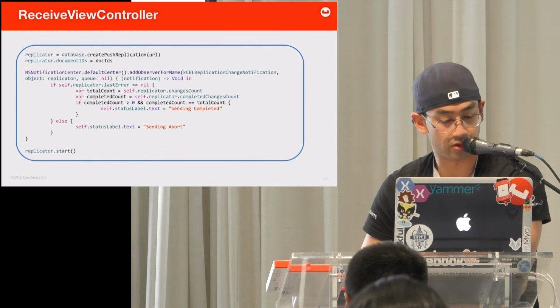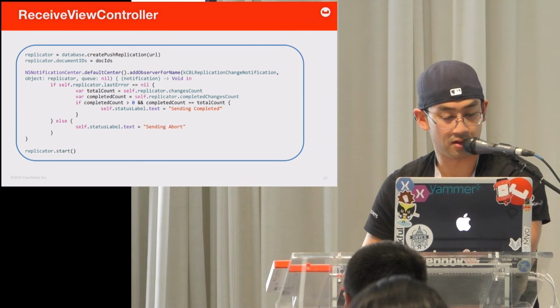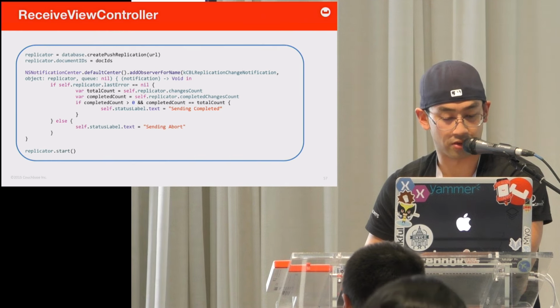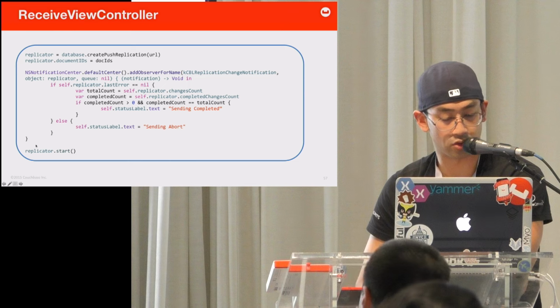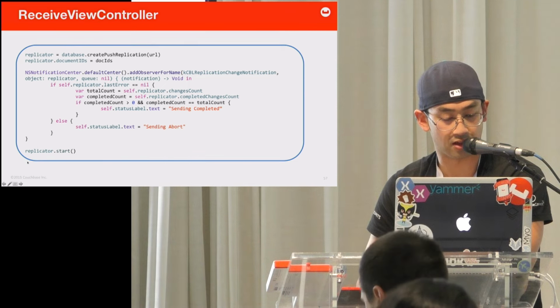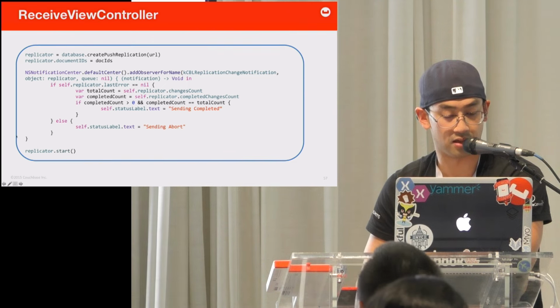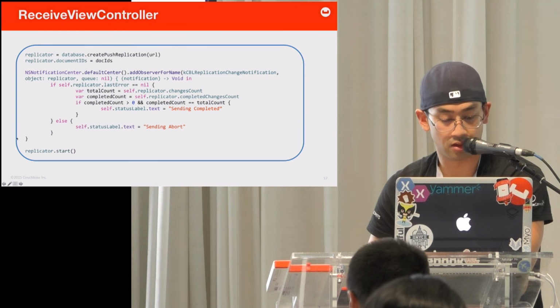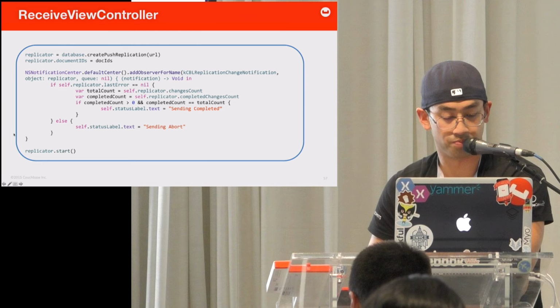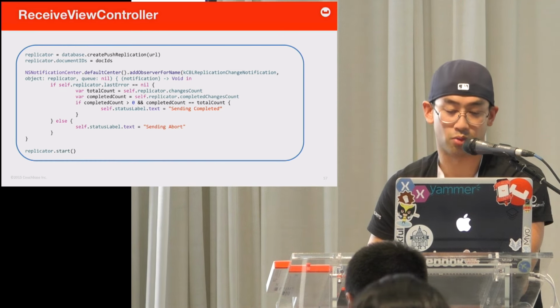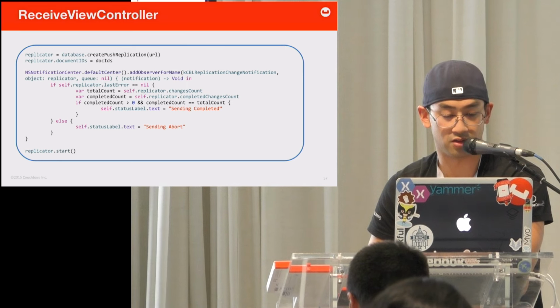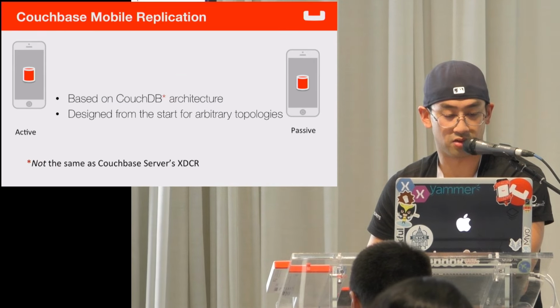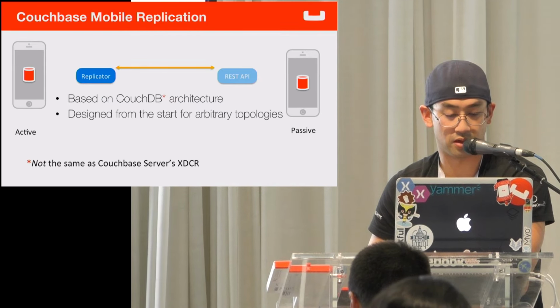What else are we doing? We already replicated from the sender side to the receiver side. I'm just translating code here. And here we basically create a push replication with the sync URL, and we send the document ID to the replicator to push it for the document of that ID. So that's pretty much the steps from the code side. What it looks like on a global scale, what we're doing is simply replicator through a REST API.